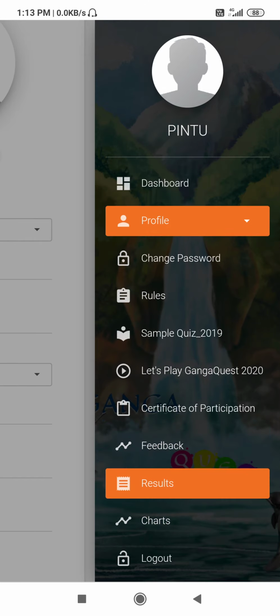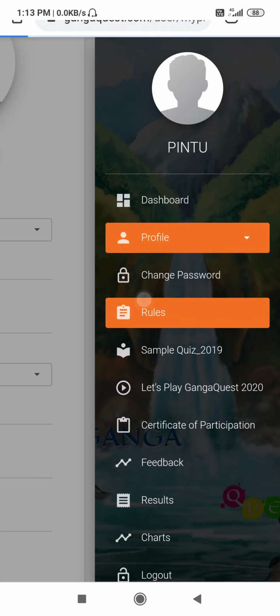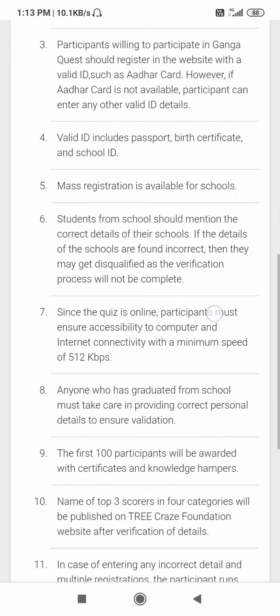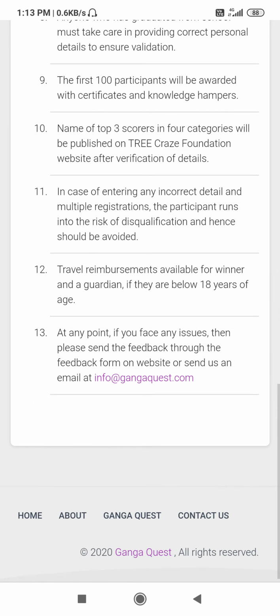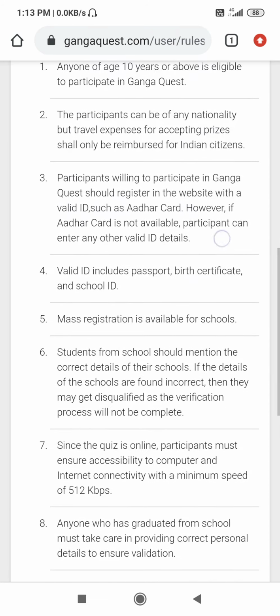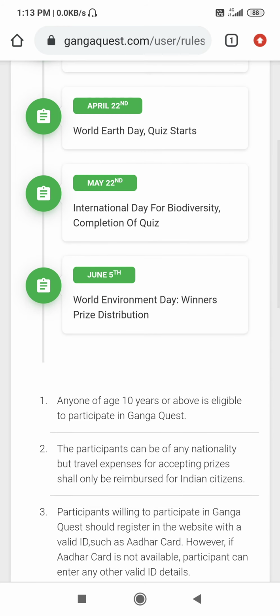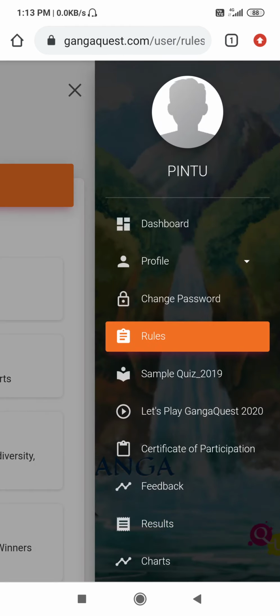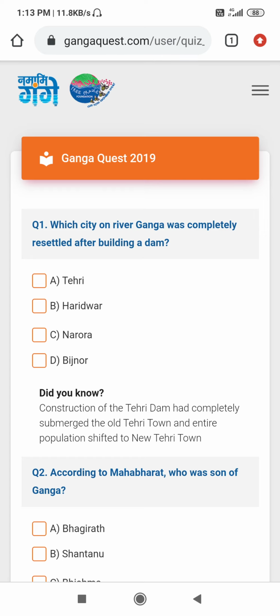So from here you can read the rules and regulations of the quiz. Click on rules and read the content. What are the rules set for participating in the quiz? You can read from here. Again you come to the topmost corner, three lines. Then you can see the sample quiz from here.